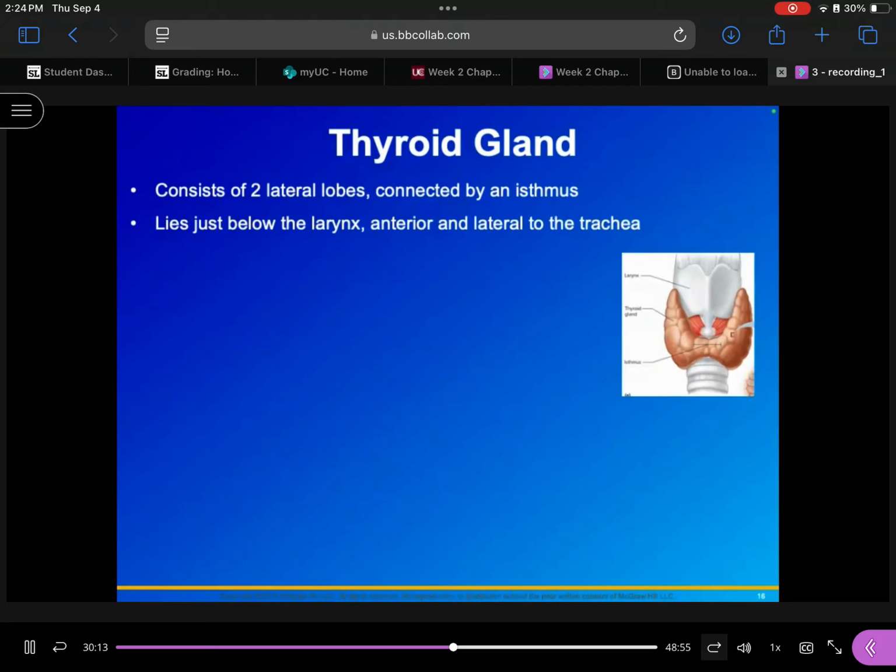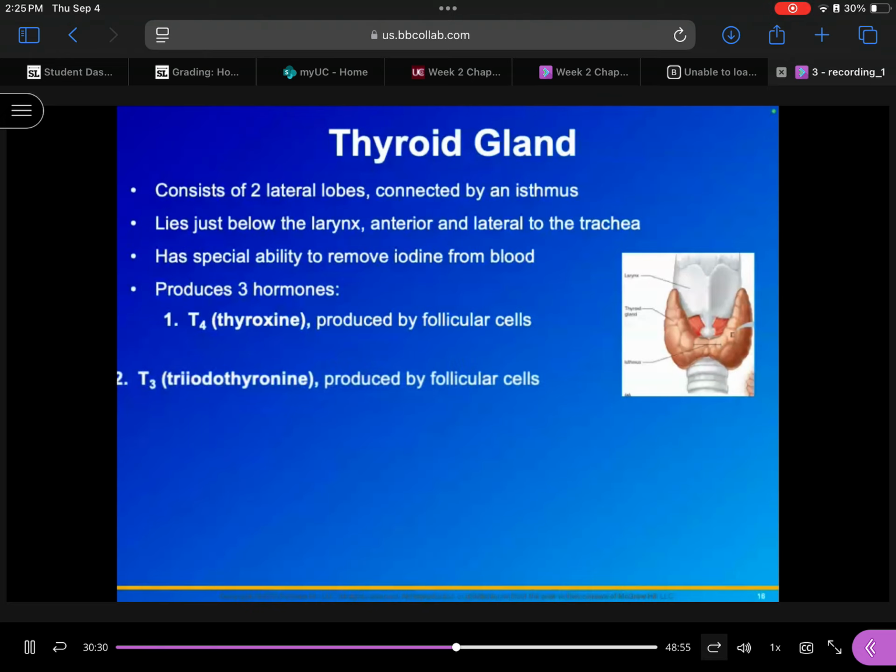It's easy. All right, so the thyroid gland is going to lie right below the larynx. And it's going to be anterior and lateral to the trachea. You should know where it is. That is the anatomy, but you should know that. All right. It has a special ability to remove iodine from the blood. Hence, if you think about the names,